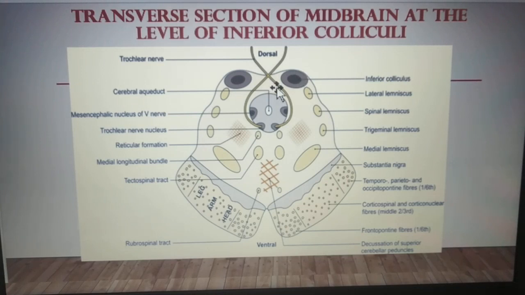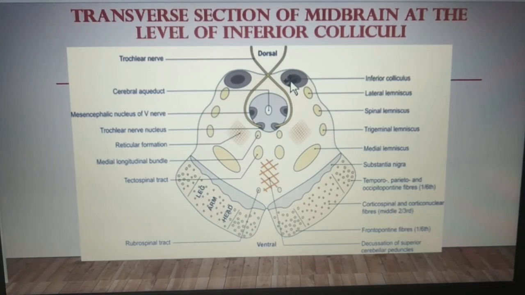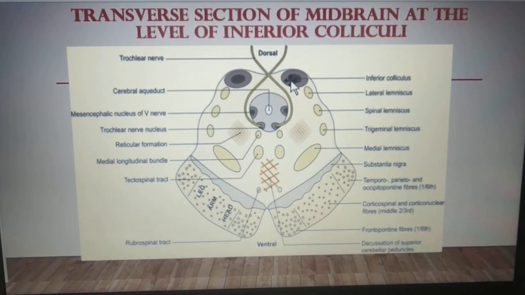We have already said this is concerned with the auditory system. The afferents received by this are from the lateral lemniscus, and the efferents given out pass via the inferior brachium and reach the medial geniculate body. This is about the grey matter substance, and on the whole, the substantia nigra is also grey matter content of the midbrain at the level of the inferior colliculus.